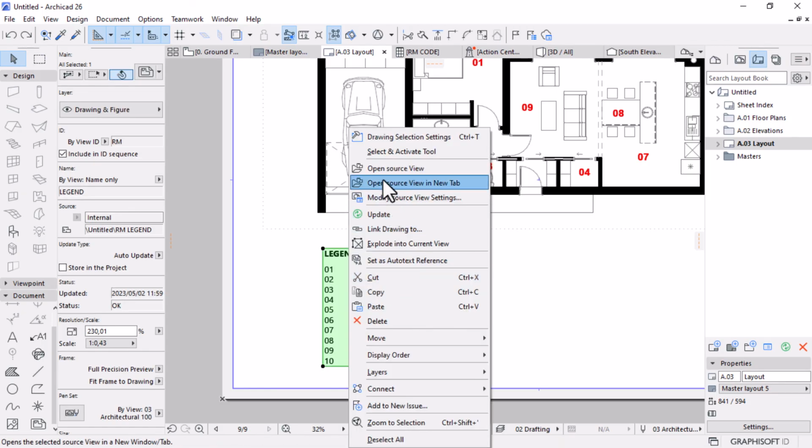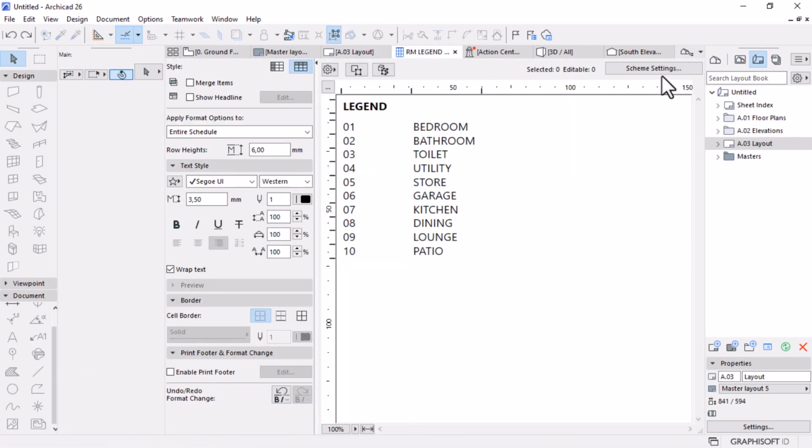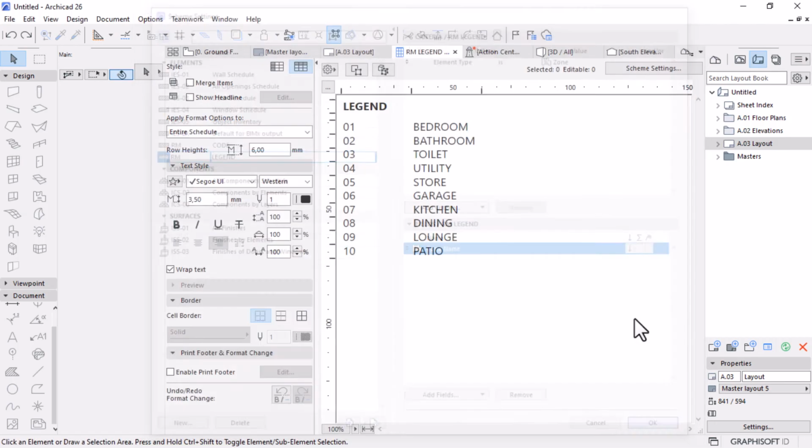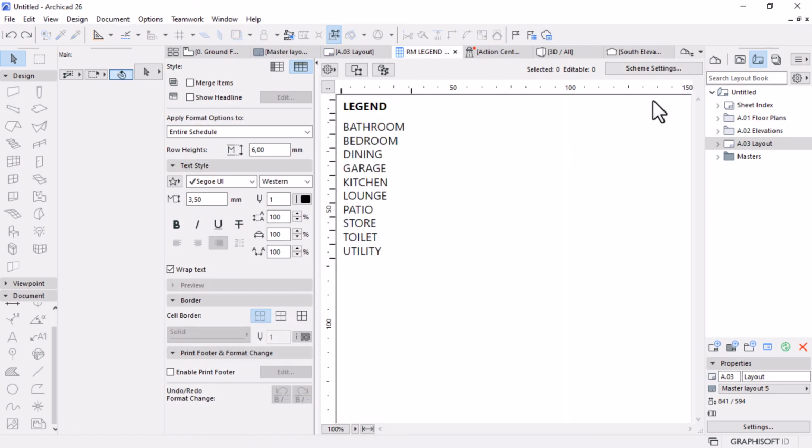Let's right click on it and then say open source view, and then open the scheme settings of this. Let's get rid of the zone ID or the ID, so as to remain only with this. It makes sense. And then that means I can get rid of the legend